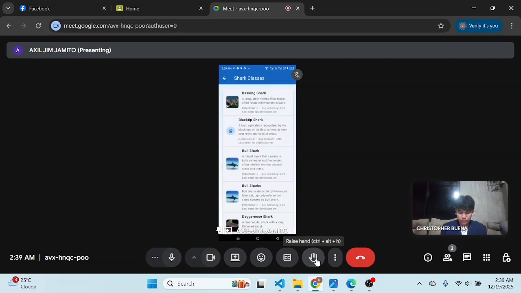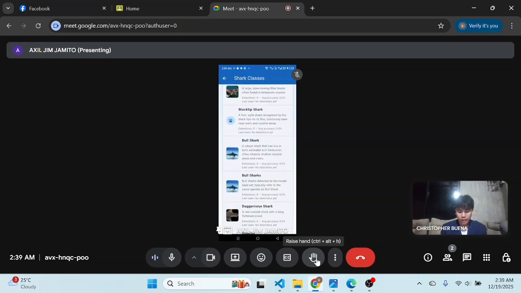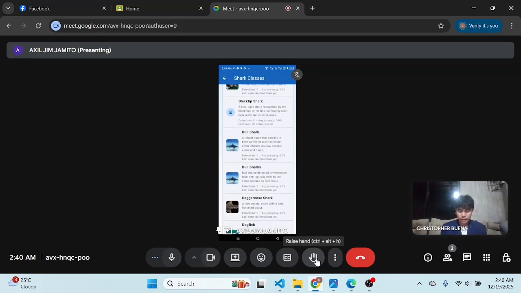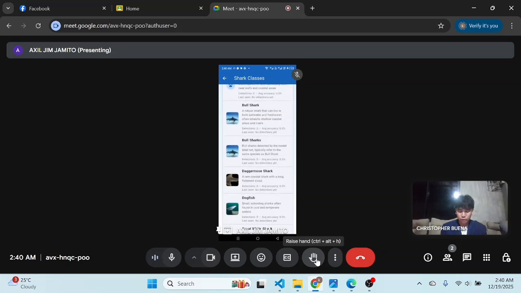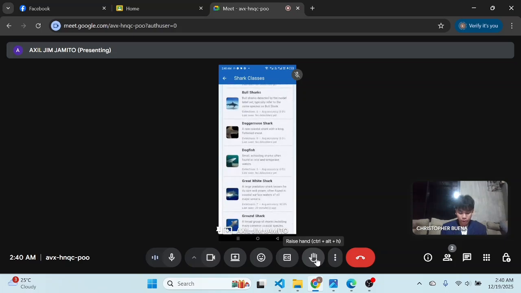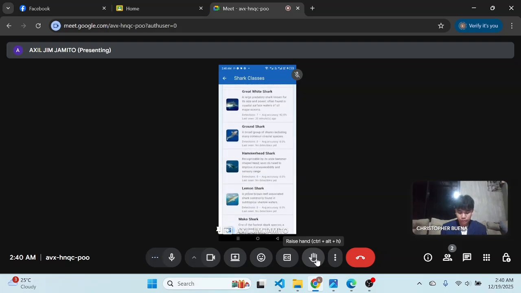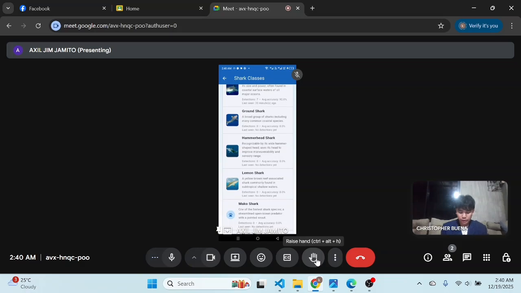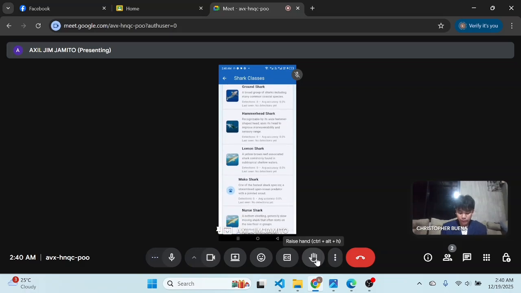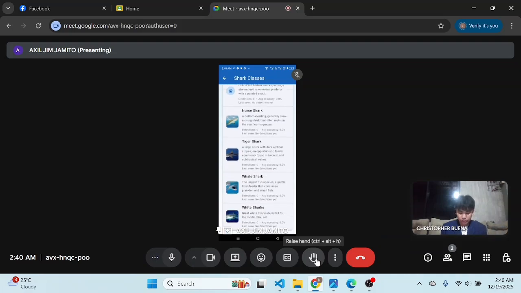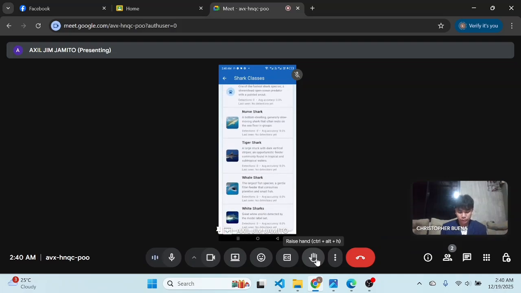We have here different classes of sharks: basking shark, black tip shark, bull shark, dagger nose shark, dogfish shark, great white shark, brown shark, hammerhead shark, lemon shark, mako shark, nurse shark, tiger shark, whale shark, and white shark. Those are the different classes of shark.